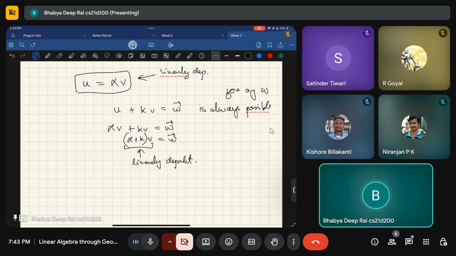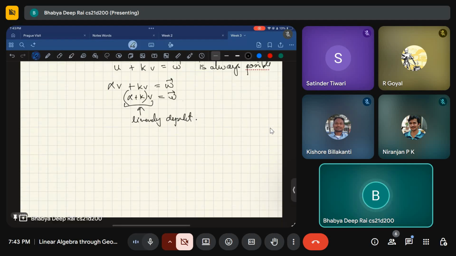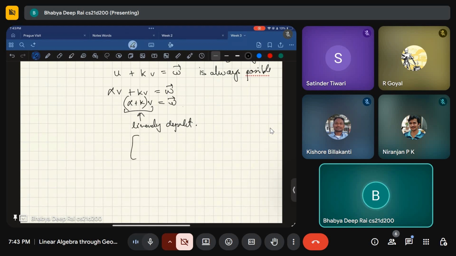And this guarantee is not there, because it would be akin to saying this particular vector v, which is say 1 2, when multiplied with something will always give me something like 3 1. Is that possible? It's not possible always for any given w. For example, if this was 2 4, I agree this is possible, but it is not possible if this was 3 1.